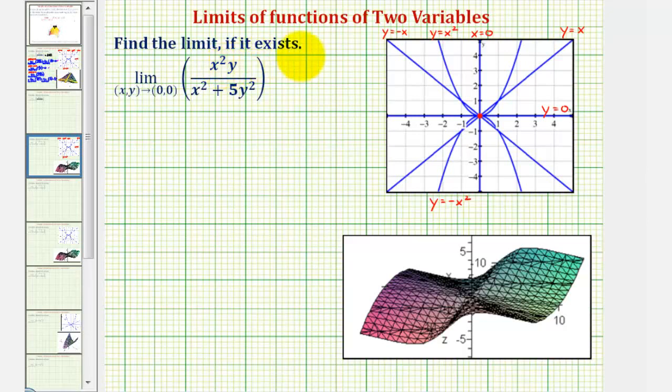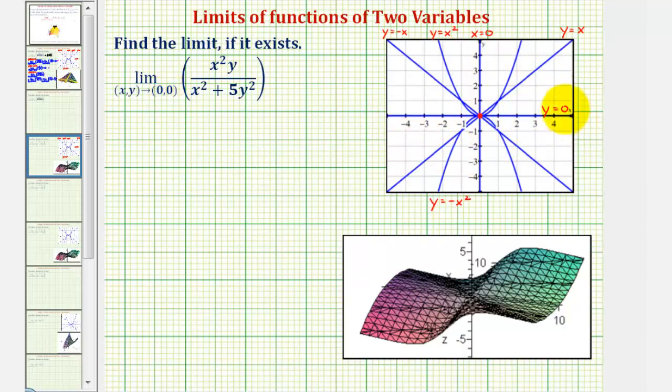We want to find the limit, if it exists. To determine the limit of a function of two variables, if we cannot perform direct substitution, we need to determine the limit from several paths approaching our point, or in this case, the origin. Some of the most common paths that would approach the origin are pictured here on the right, along the x-axis